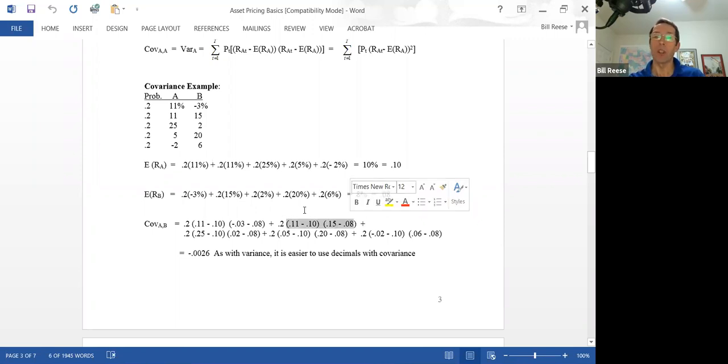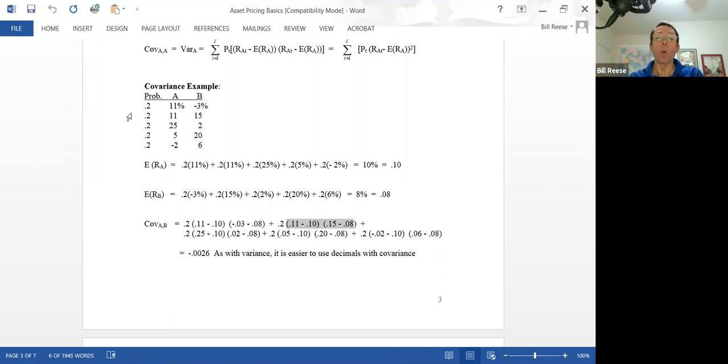So in this particular state, the second state where there's a 0.2 probability that it will occur, A and B tend to move in the same direction. They both move above their expected returns. So that gives it a positive term. So far, we've got in one state, they're moving in opposite directions of each other. The other state, they're moving in the same direction. And what we can see is every time they're moving in the same direction, be it up or be it down, this will be a positive term in determining the covariance. When they're moving in opposite states of each other, it will be a negative term in terms of determining the